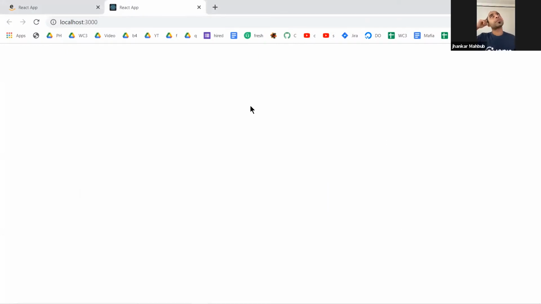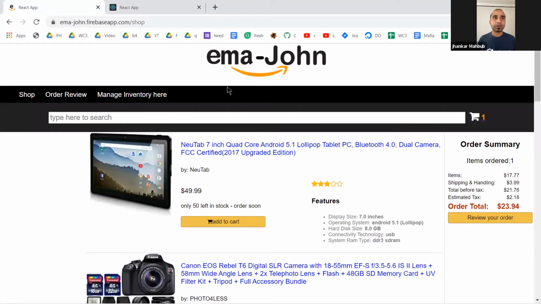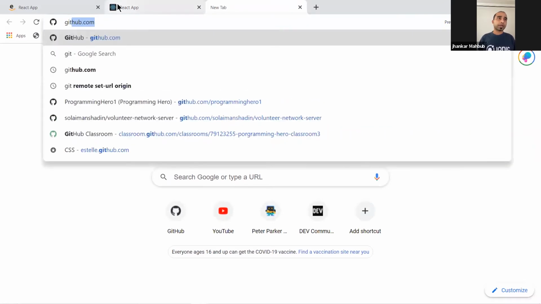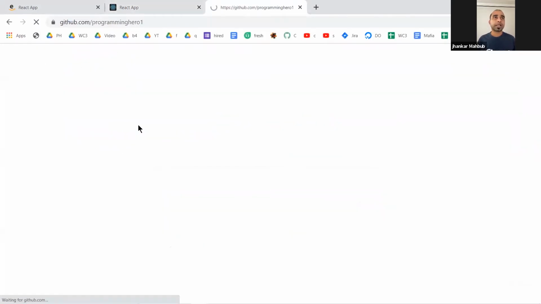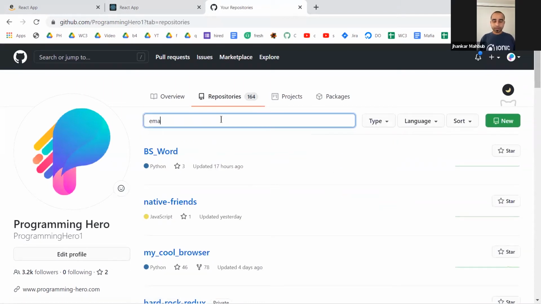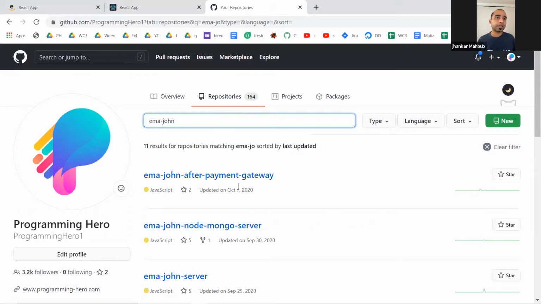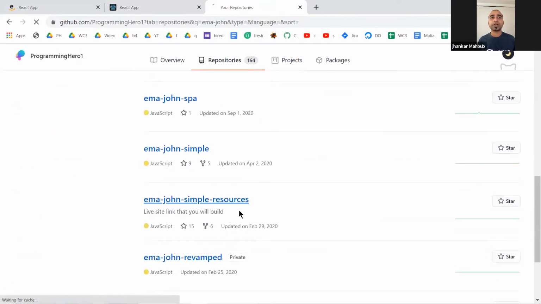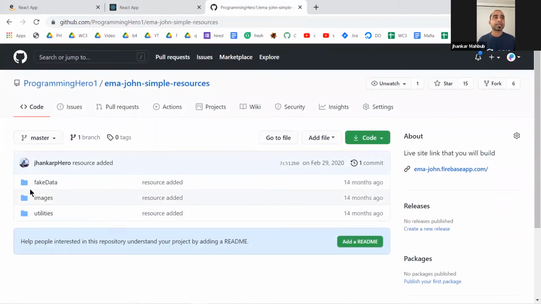And to start with this project, you will need some resources like the icon and maybe some images for the product and all this stuff. And to get those, you can go to GitHub, this resources, GitHub/programming hero, and then you can search for repositories for Emma John. There are so many different versions of it, but the one we are interested in is Amazon Simple Resources. And resources has nothing but some images, the logo, icons, some utility, which we might not use today, and